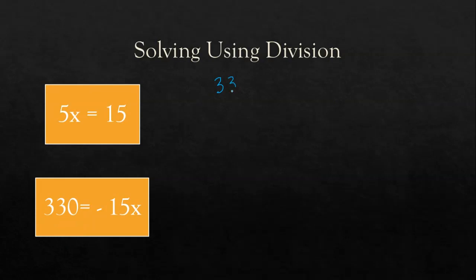So we have 330 is equal to -15x. So our x is on the right-hand side, but that's okay. Not going to panic, but we're asking ourselves what's happening. -15, so we also need to include the sign with that number, okay? Because if we don't, we risk being left with that negative attached to the x, and we don't want to do that. So we're going to take the entire -15, and it's being multiplied